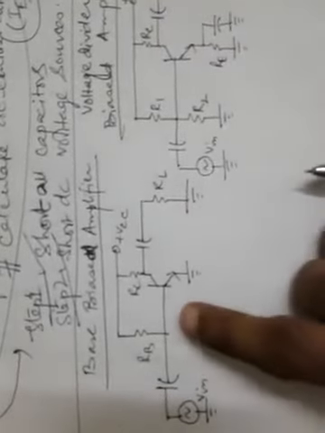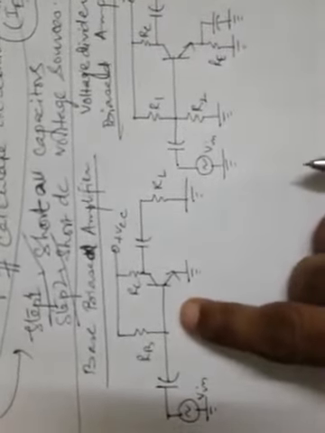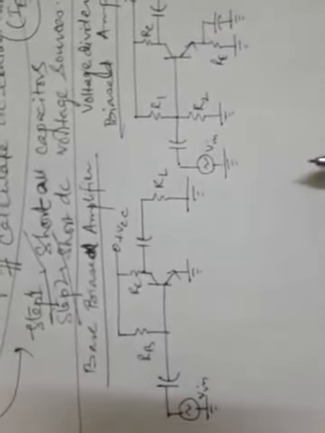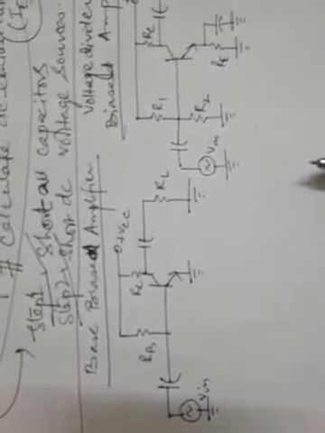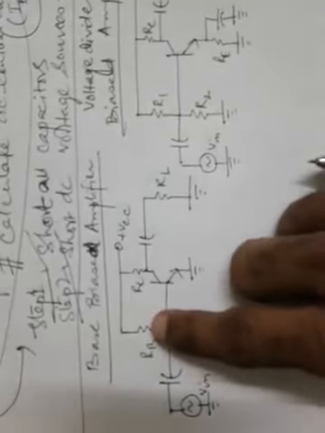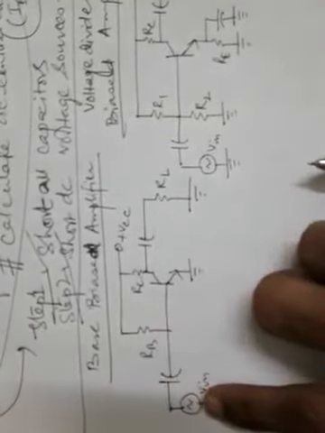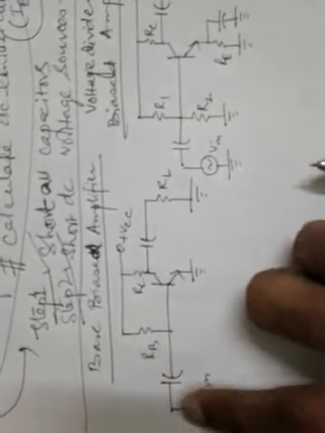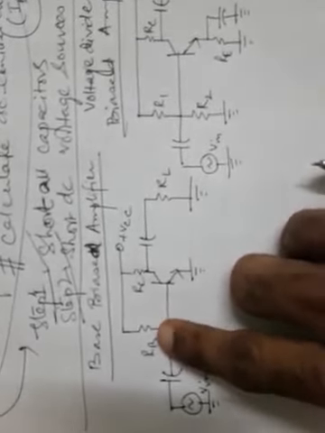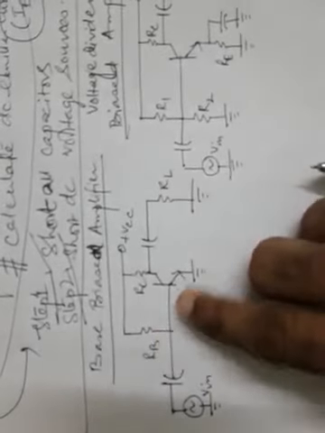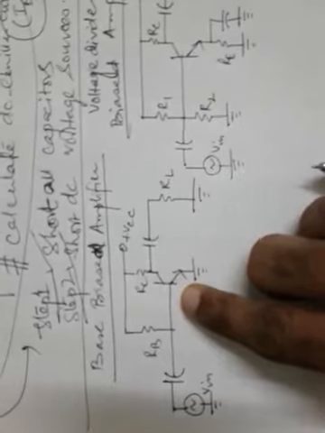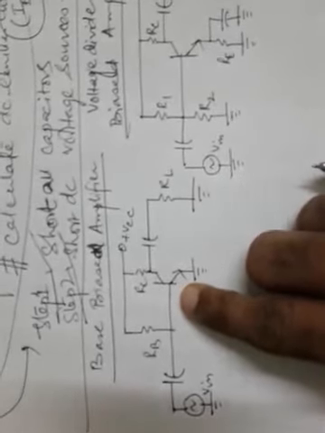RL. So similarly in this circuit also, in its AC equivalent circuit, the transistor can be replaced by a pi model or a T model. So let it be a pi model. At the input side, the AC input voltage will be appearing across this RB, which is the base bias resistance, and that will remain in parallel to the input base resistance or impedance of this transistor as given in the pi model or T model.